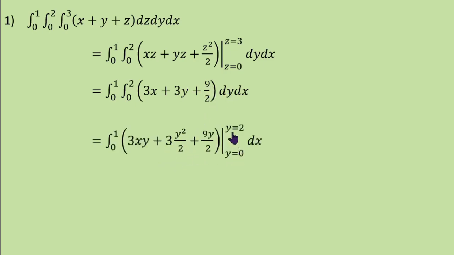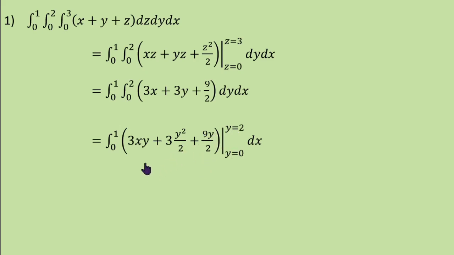Now, y varies from 0 to 2. Upper limit of y is 2, lower limit is 0. So, 2 minus 0 is 2, 2 into 3, 6x. Here, upper limit of y is 2, 2 square is 4, 4 by 2 is 2, 3 into 2, so it is 6. And here, y is 2 minus 0, that is 2, 2 by 2 cancels,